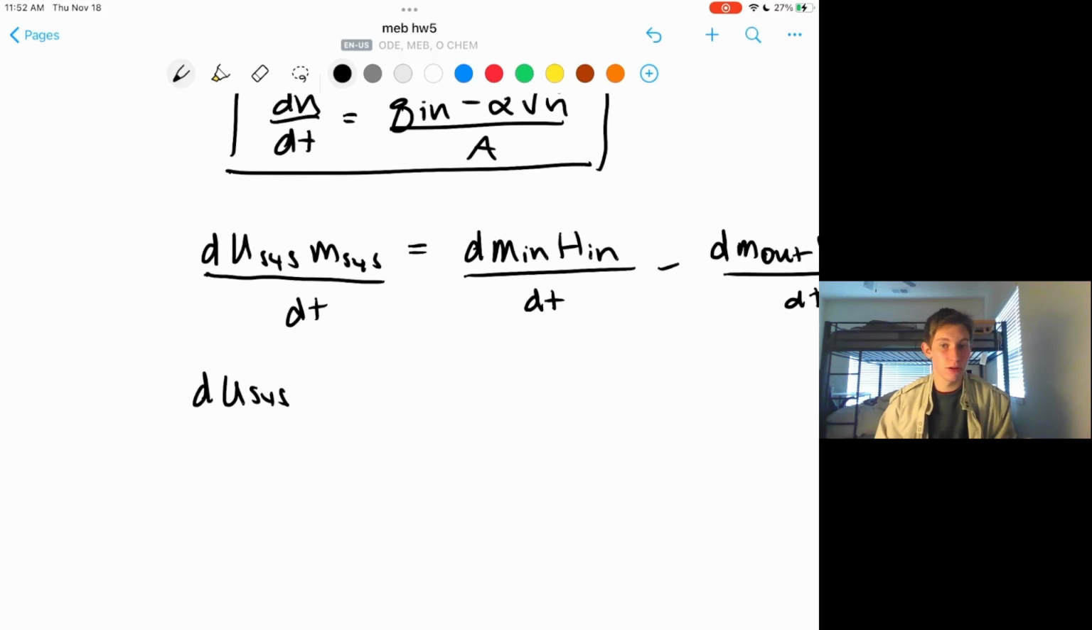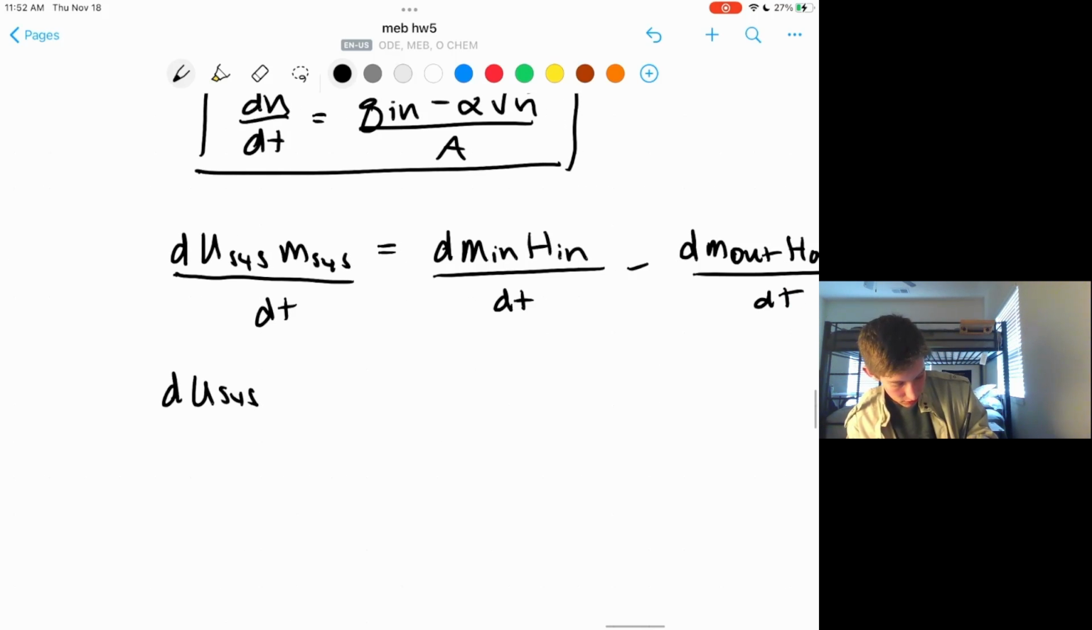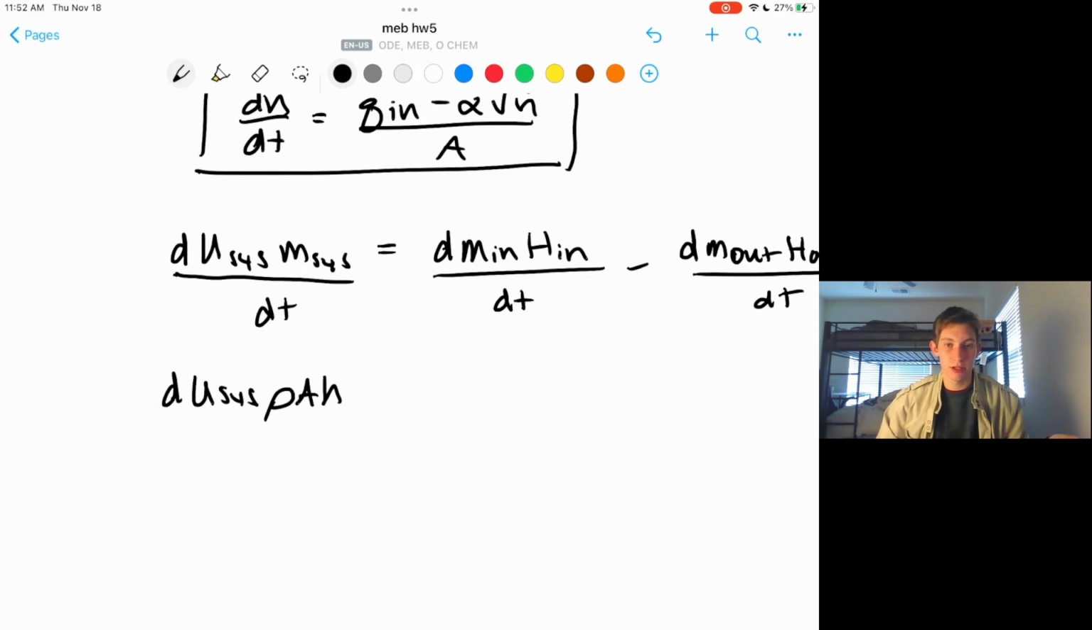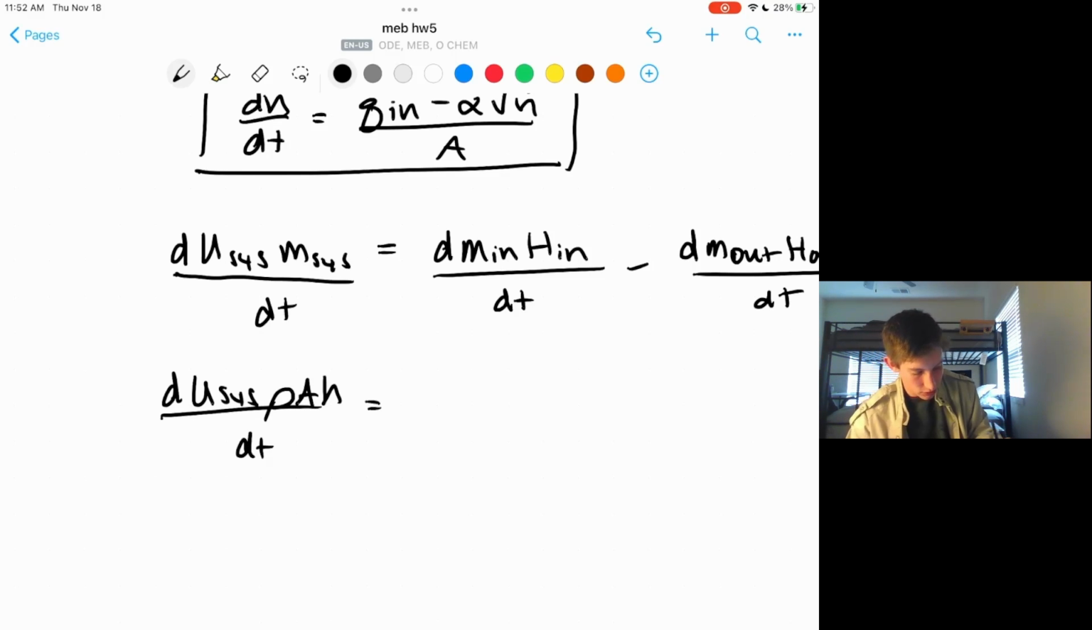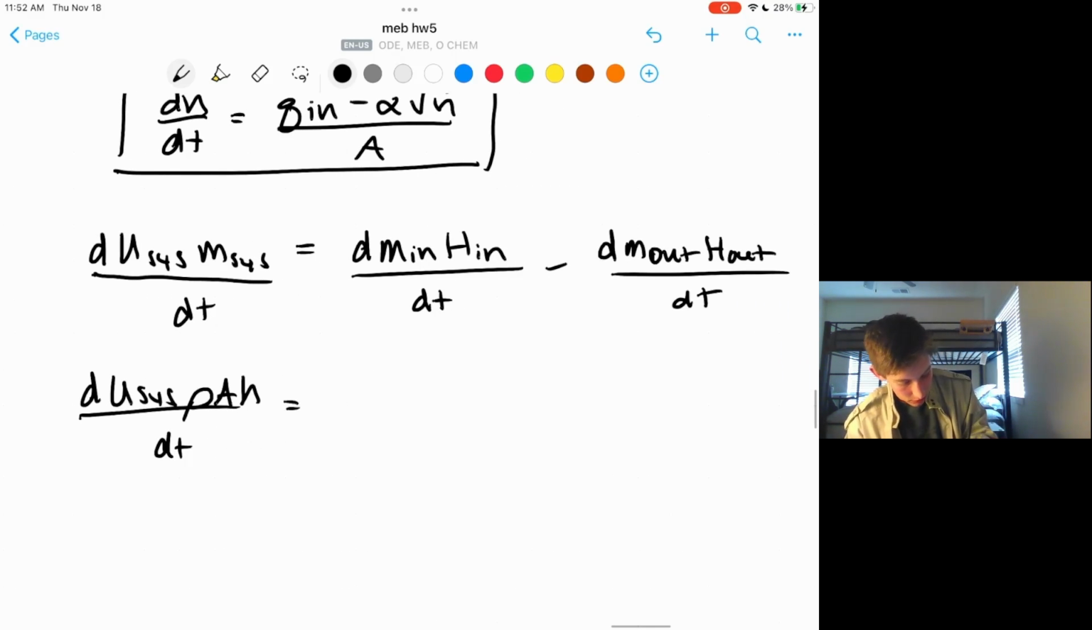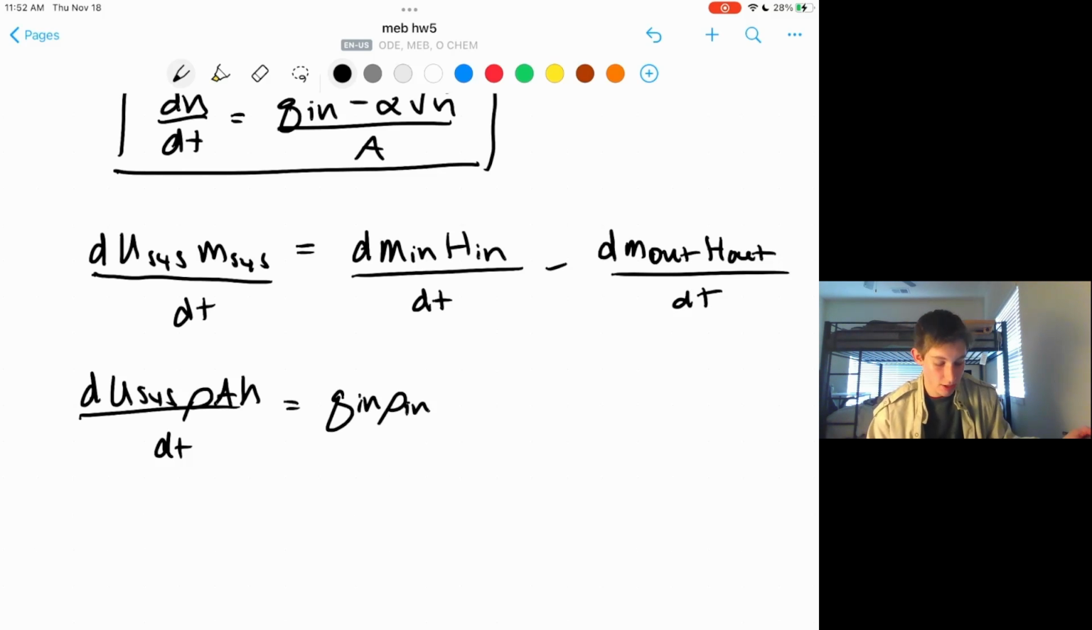U represents the internal energy. So this is just the density times the area times the height. Height is lowercase h, enthalpy is capital H, dt equals, and then this equals the change in the mass going in, which is the flow rate going in times the density going in. We'll cancel the densities in a second. Times the enthalpy going in